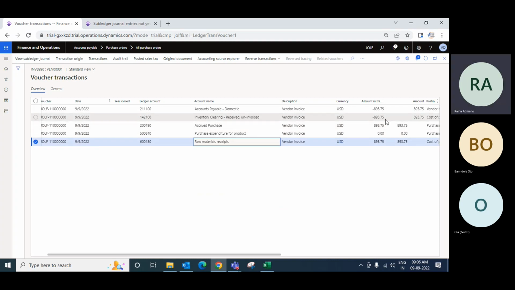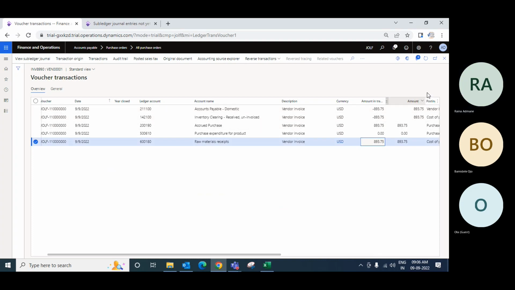If you see here, the debit and credit will be nullified, and this is the ultimate impact. So we will go into details about this posting in the next class. You have to post these invoices now. So what you will do,